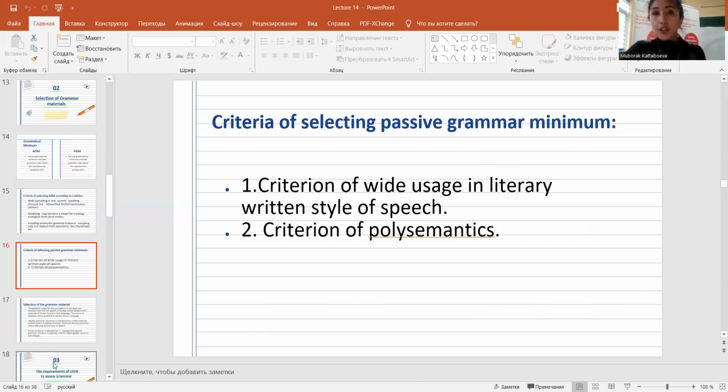There are only two criteria for choosing passive grammatical minimum. One is the criterion of wide usage in the written style of speech. And pay attention, I'm saying written style of speech, but not oral. So passive grammatical minimum mostly refers to written speech. And the second criterion is polysemantics. So passive grammatical minimum is usually dealing with the structures and patterns which have multiple meanings and is used in